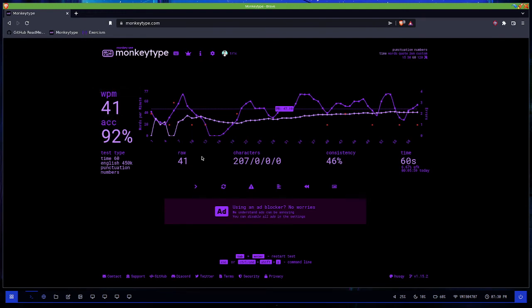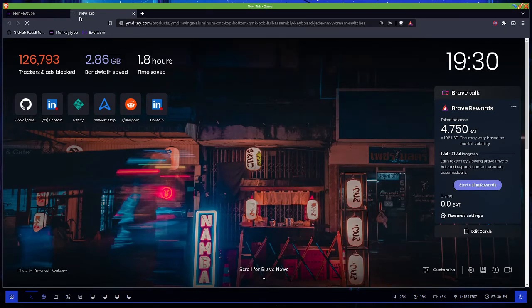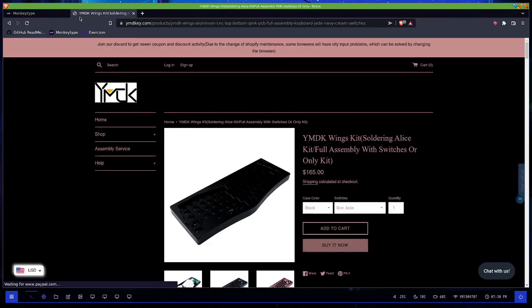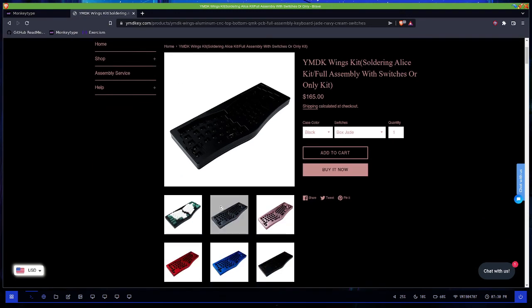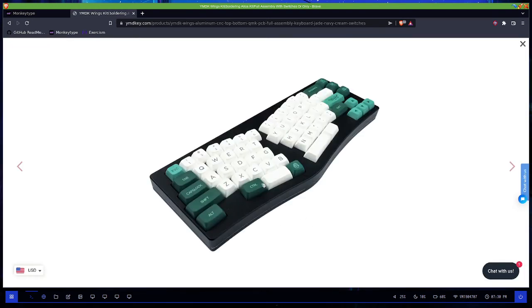What else was I gonna say? If you're considering buying the keyboard that I'm using, I'd say if you're just getting into the mechanical keyboard hobby, I honestly wouldn't recommend it. Like, cool, with keycaps and everything, it looks like a cool board, right? But